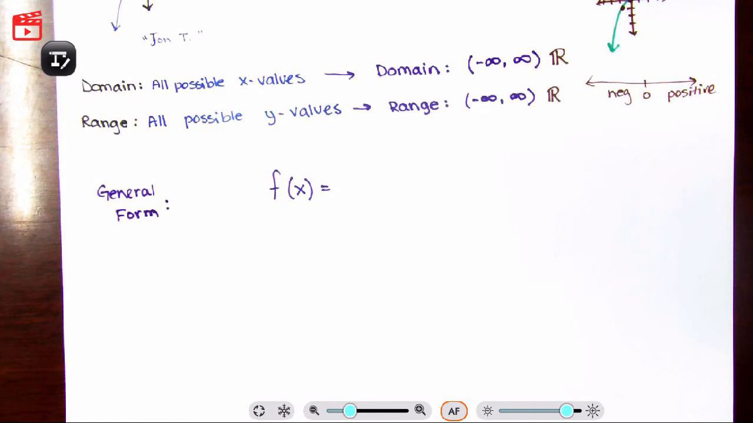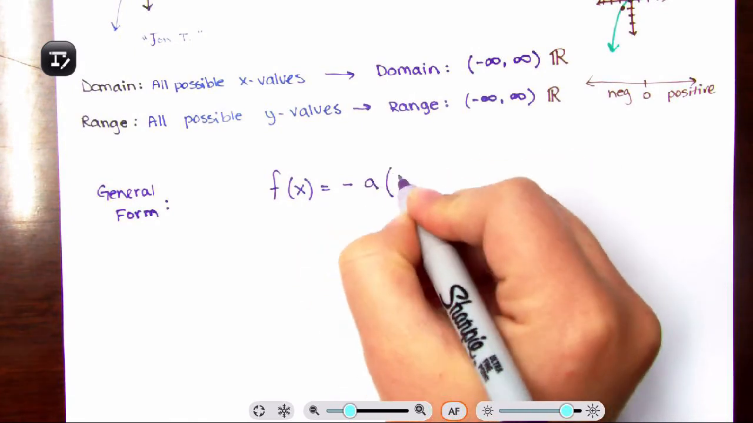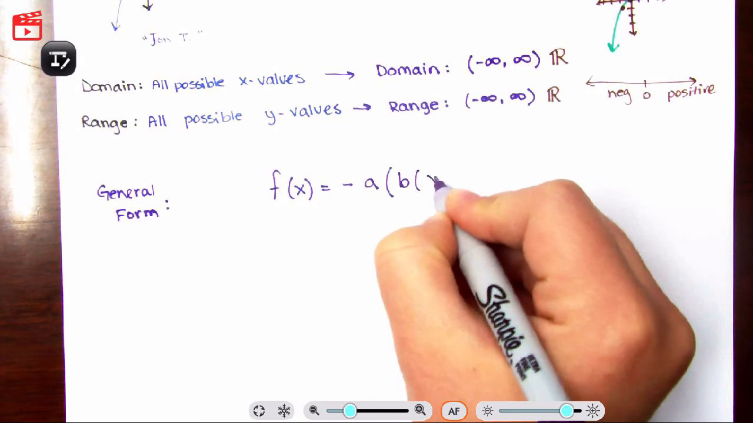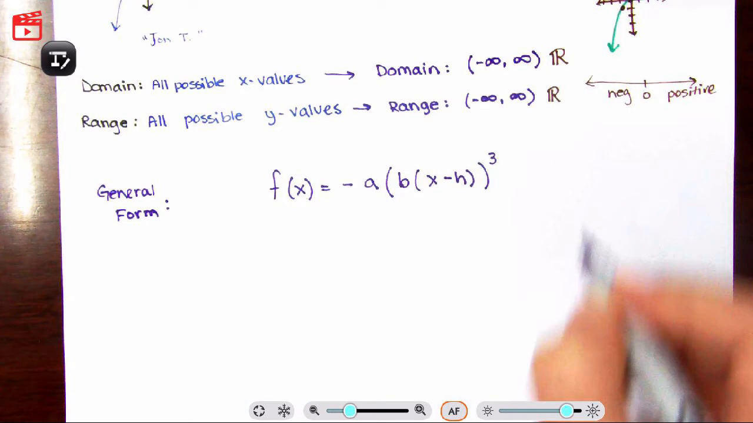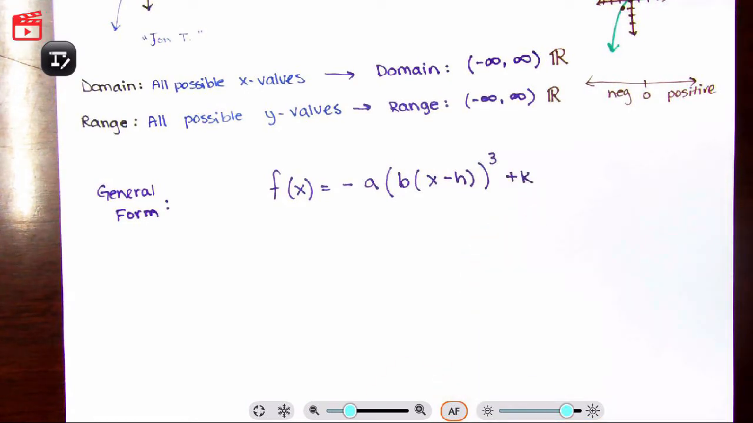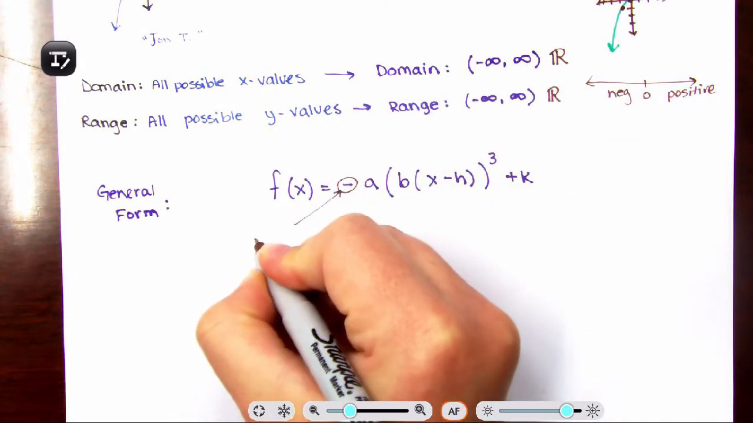And this is the form we want our equations to be in, because then it's super easy to graph from that, knowing your translations and transformations. All right, so for our general form, we have negative a times b times x minus h, all of that cubed, so we have double parentheses, plus k. Let's identify that, and then we're going to condense it a little bit. If we have a negative out in front,